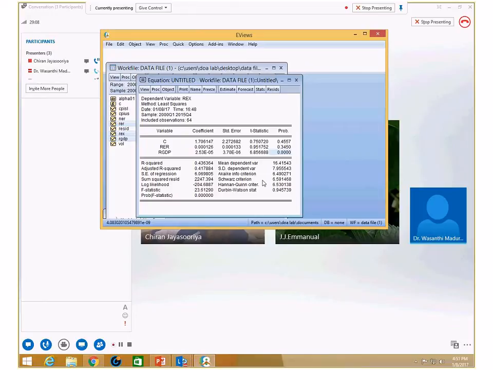Here we discussed the autocorrelation. The Durbin-Watson statistic measures the autocorrelation. It is 0.94. The Durbin-Watson statistic we discussed should be approximately 2, but here it is less than 2. That means there is a negative autocorrelation issue,